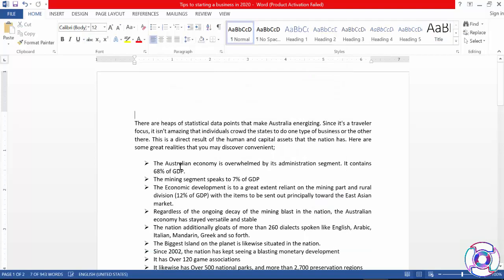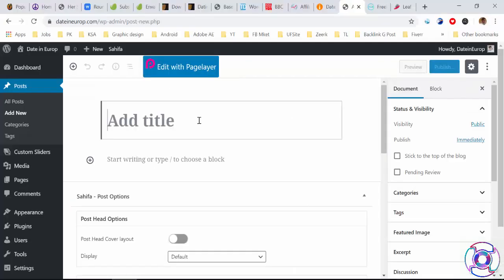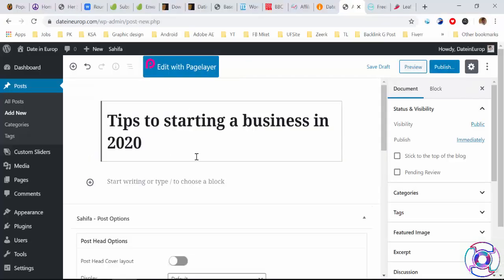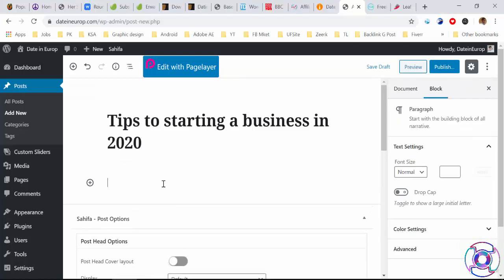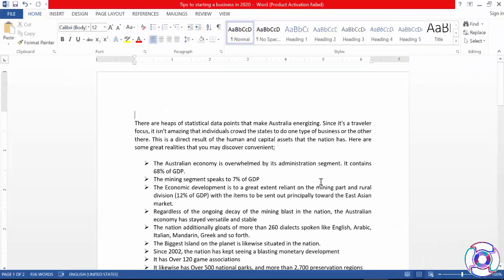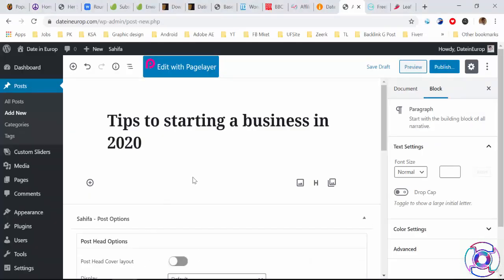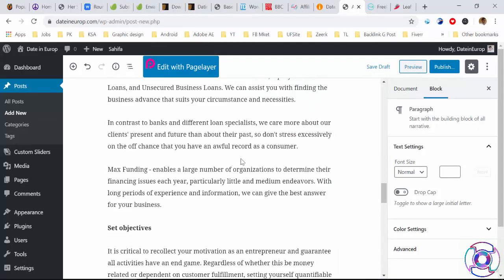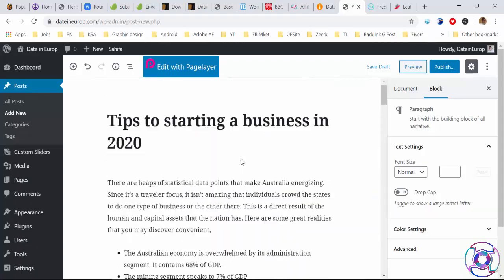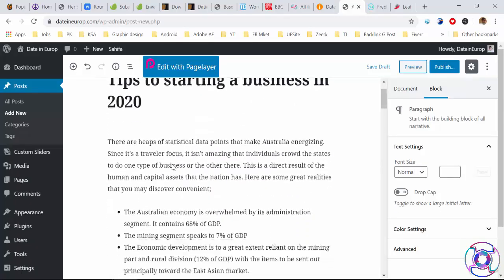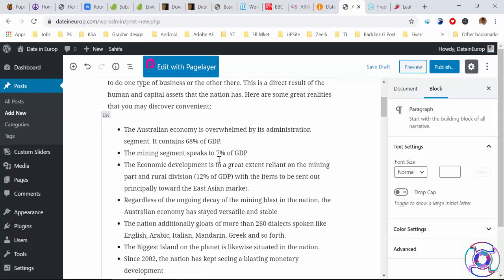I click title. Okay, then click here in title. Then I'm going to click this article and paste it here, copy paste. You guys can see this is the article I have pasted. This is the title.